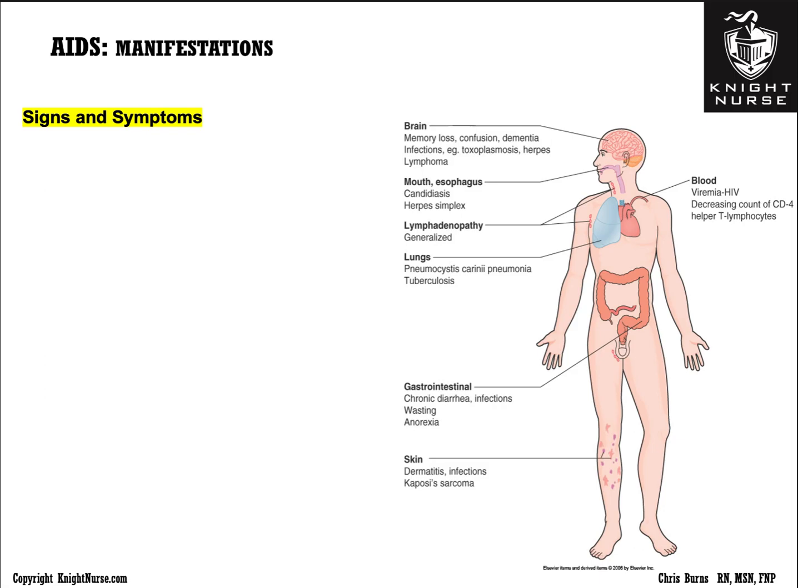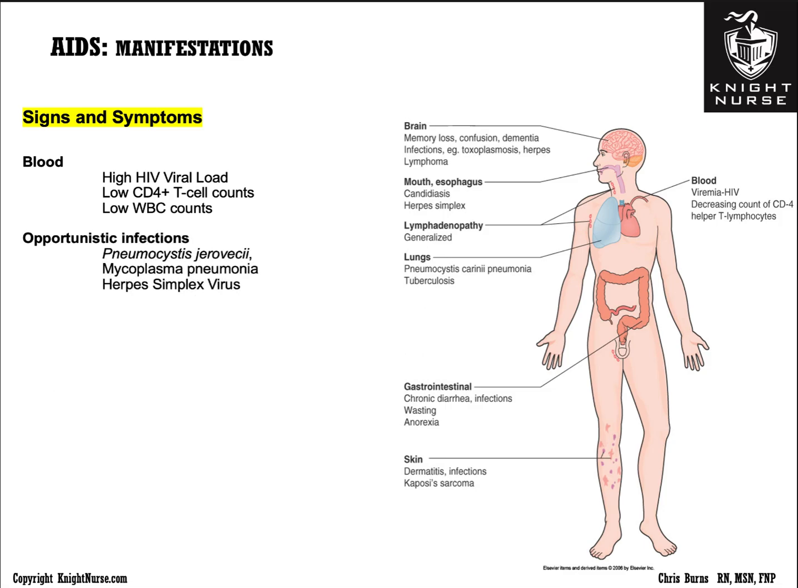Other signs and symptoms of AIDS, it's systemic, right? It's all over the body. So in the blood, we have that high HIV viral load, we have low CD4 counts, and we have low white blood cells. Immunity is down. Opportunistic infections, Pneumocystis jirovecii, also known as Pneumocystis carinii. We have mycoplasma pneumonia. Normally, our body can handle mycoplasma, so if someone has a mycoplasma pneumonia, that's an opportunistic infection. The breakout of herpes simplex virus, GI, we can get oral yeast, oral herpes outbreaks, like cold sores, diarrhea,